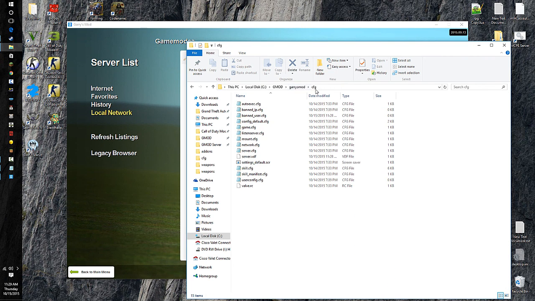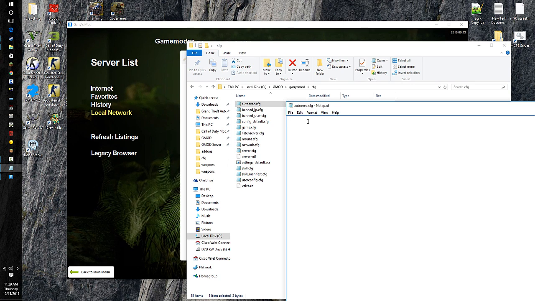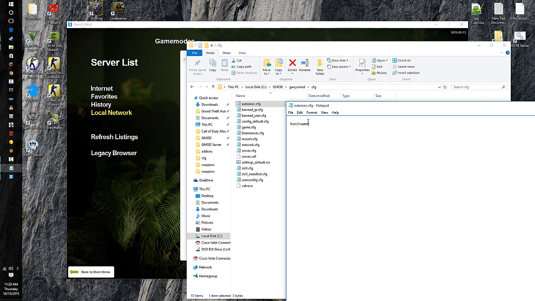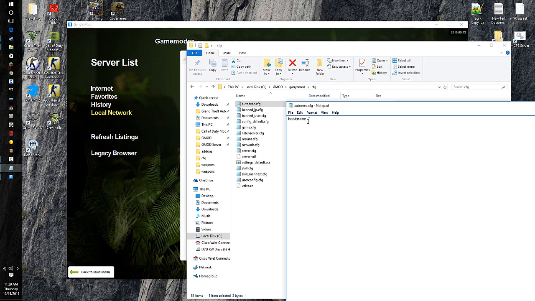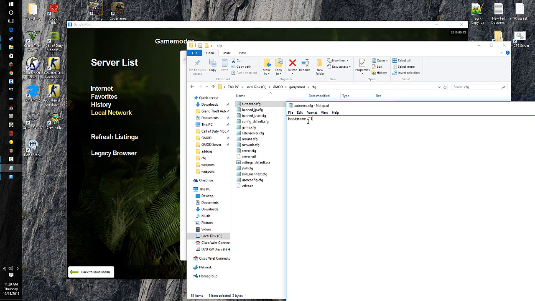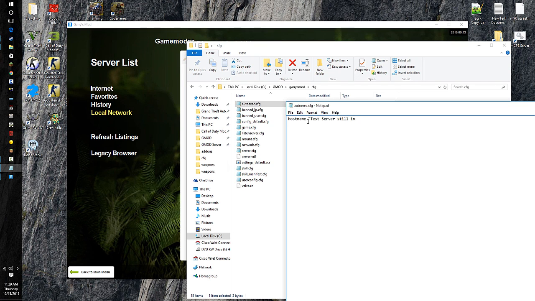So I figured I'd show you guys how to change this, so we're going to go to our Garry's Mod config auto exe. This is going to be where we set not only our name, but the game mode. As you can see, it was in Sandbox. So we're going to type in hostname, and this is what we're going to call our server. If we want to call it something like test server still in beta,